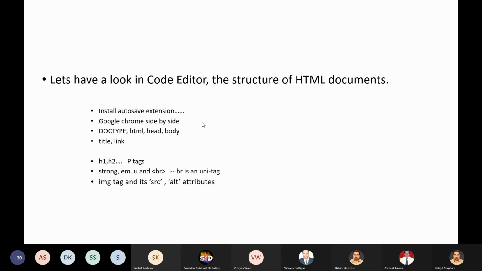Now this Brackets editor is very, very useful. And there are several extensions. If you go along with the videos, there are several extensions that we need. If you don't install those extensions, which I have mentioned in the video, your editor may behave differently than mine, so it will become difficult for you to program.